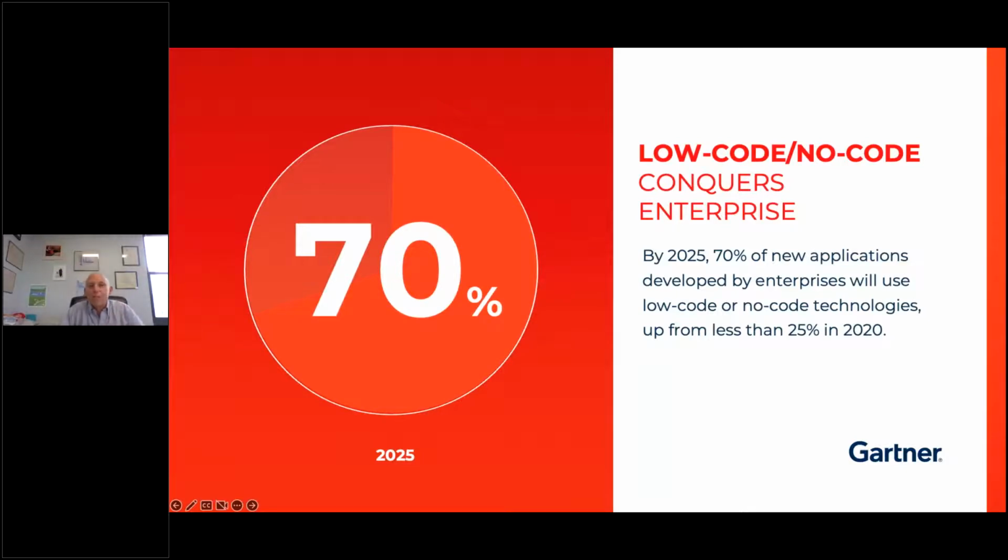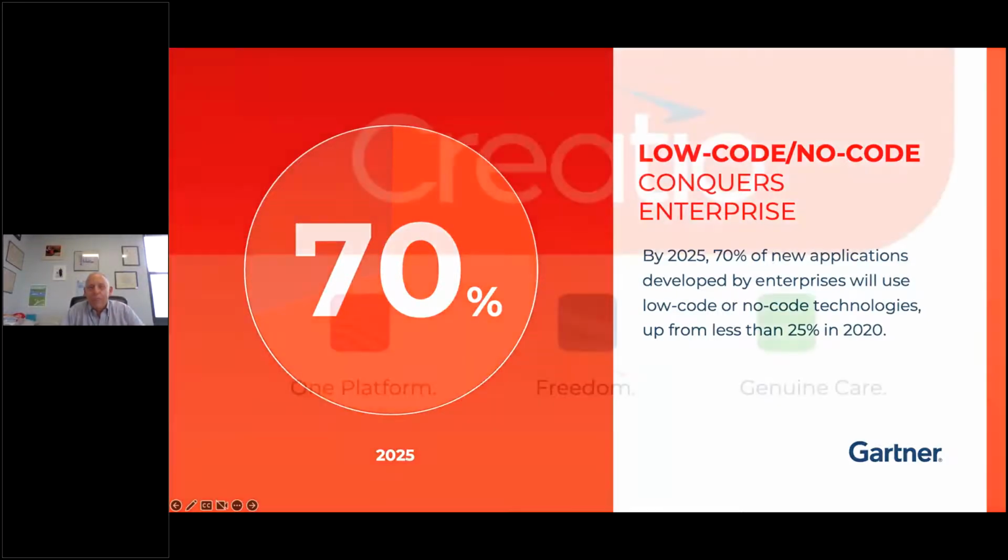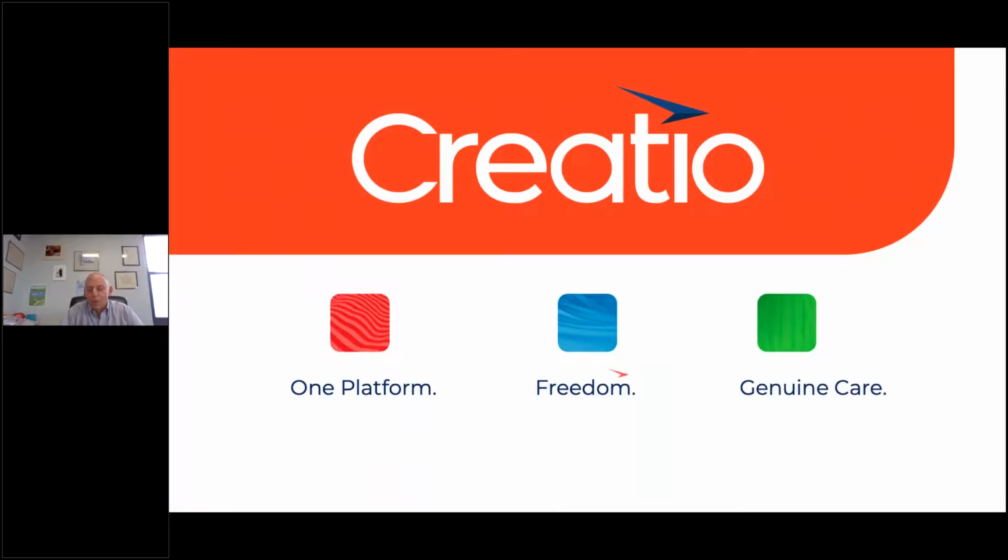I would be remiss if I didn't point out that Creatio, which Jason has already talked about, who's the organizer of this particular webinar, the leading role that Creatio is playing in driving the no-code industry. And now, that's a big statement. They talk about one platform, and that's for CRM and industrial workflows and templates and connectors. They talk about the freedom to own your automation. And they talk about genuine care, that every step of the way, they're there to help you in what you're